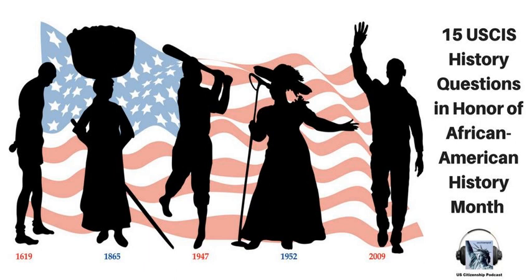Question 2. During a tax protest, British soldiers shot into a crowd, killing Crispus Attucks and others. This incident is called the Boston Massacre, and Attucks is remembered as the first patriot killed for American independence. Question: why did the colonists fight the British? A. Capitalism, B. High taxes, C. Low taxes, D. Slavery.